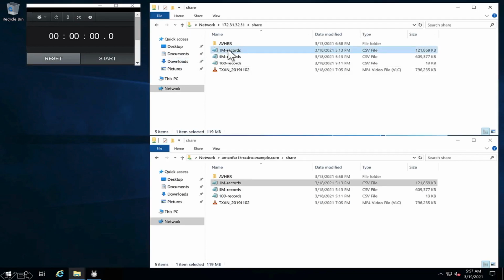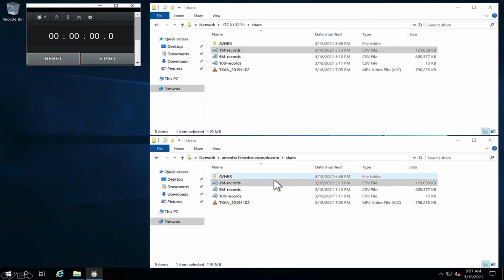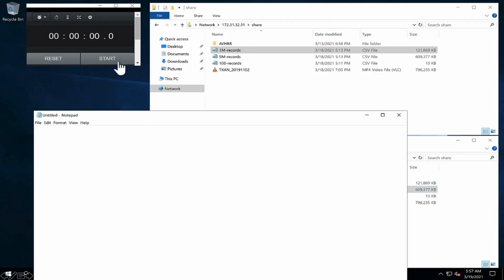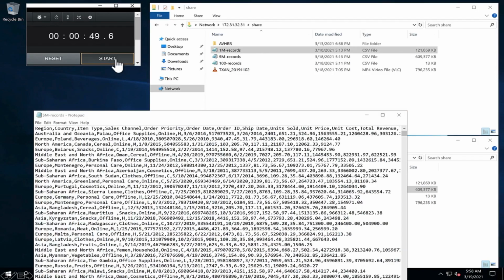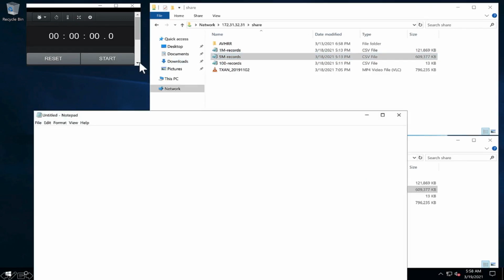Now let's open up the same file utilizing our FSx gateway. You can see there's a massive difference there, of approximately 12 seconds or thereabouts, to open up a file on cache. Now again, if we do the same thing with a much larger file, we'll just speed this up. So that took approximately 49 seconds. Now if we do exactly the same thing again with the same file using our FSx gateway,